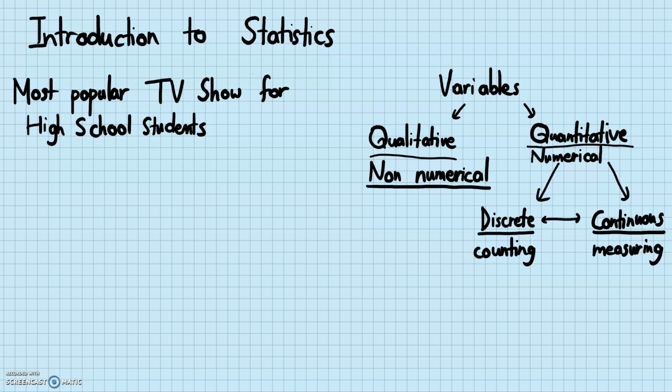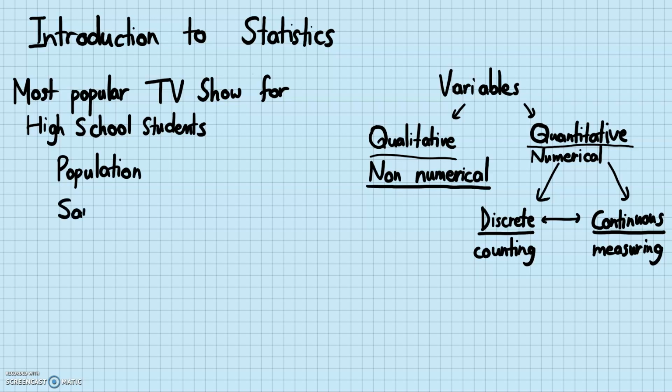Right? That's very unrealistic to do. So instead of asking all the high school students in the world, we just ask a sample of high school students. So this distinguishes the population